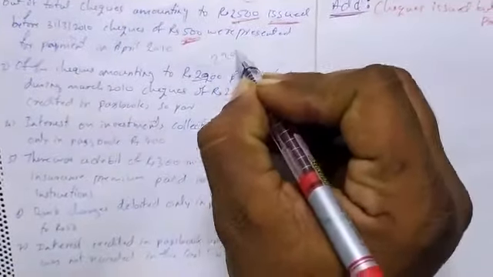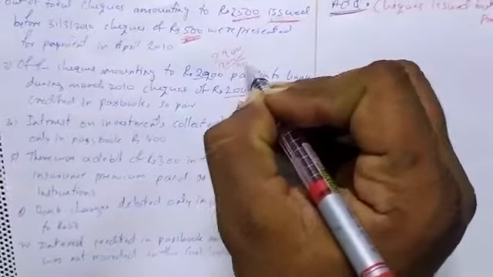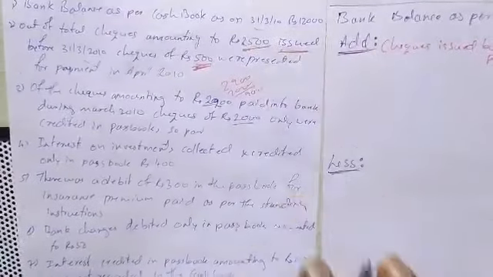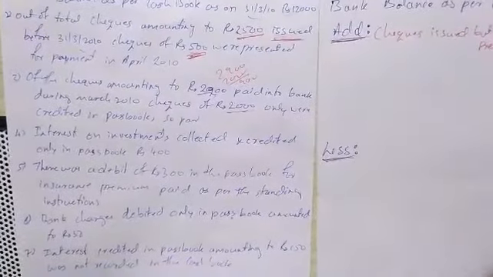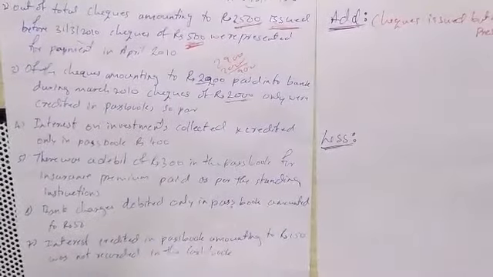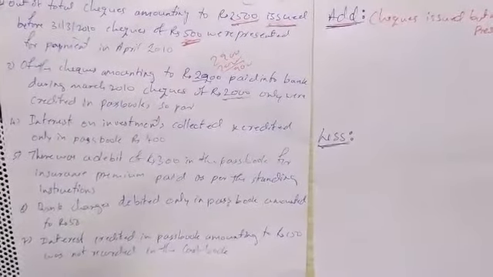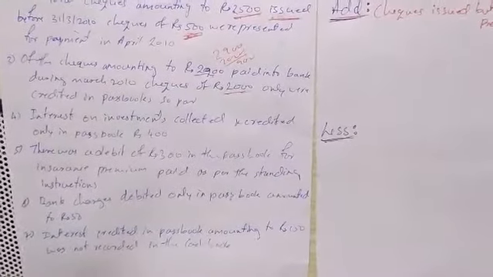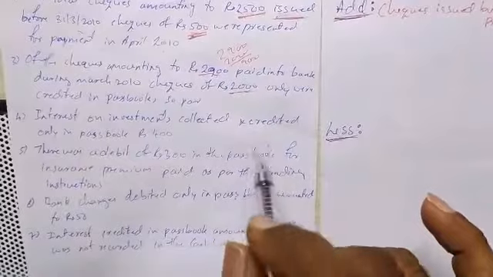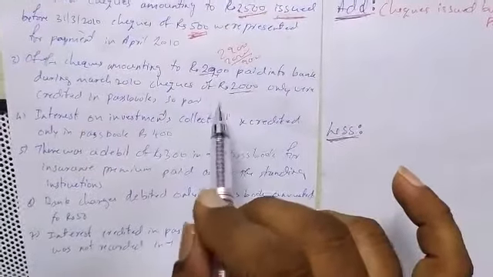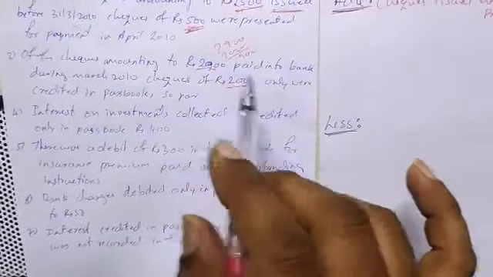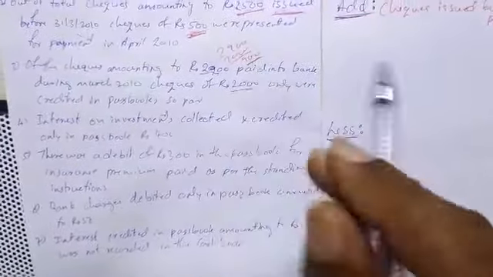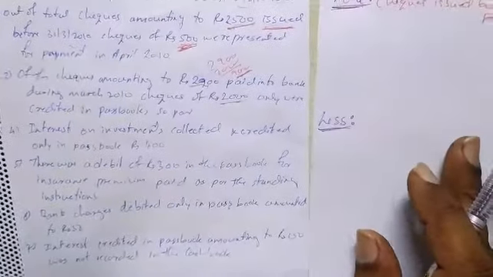So 2,900 minus 2,000, the balancing amount of 900 is not credited or deposited into our bank. That means as per the cash book, we assume that the entire 2,900 is credited to our bank before 31st March, and our cash book balance is showing more. In the cash book it is showing more, but in the bank balance as per the passbook it is showing less, which means we have to deduct this 900 rupees from our cash book balance here.